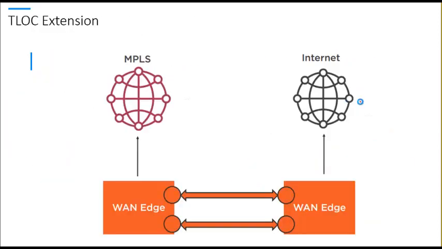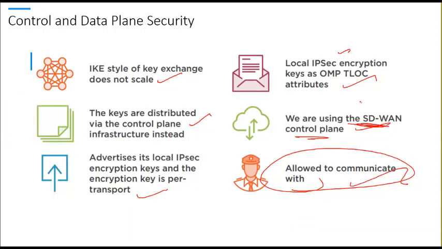So this chapter was about the control plane and data plane security. For every single transport, there is a separate key generated by the data plane device, advertised to vSmart. Any question about the control plane and data plane security, you may ask. All right. If no